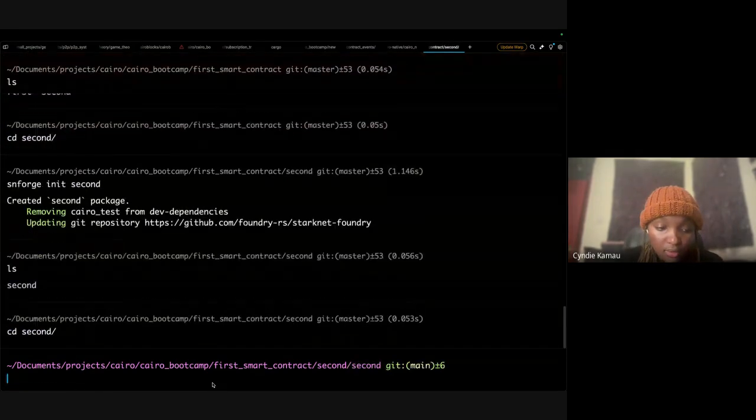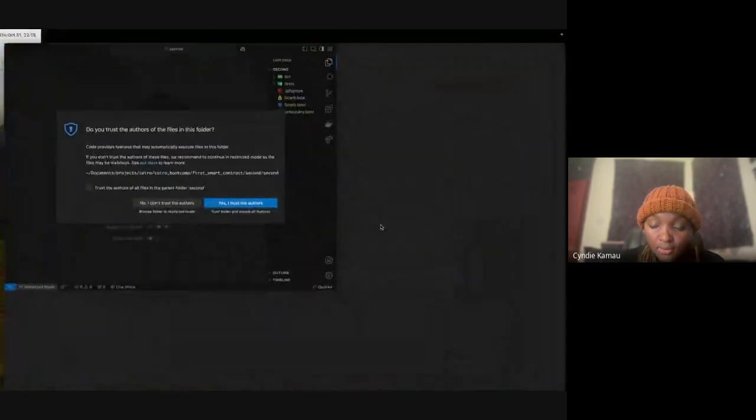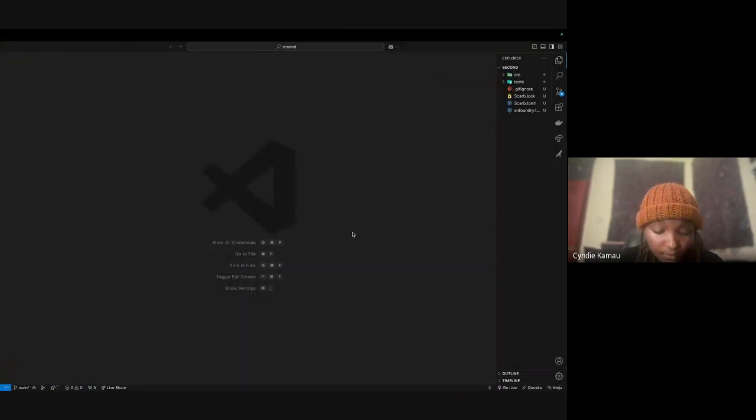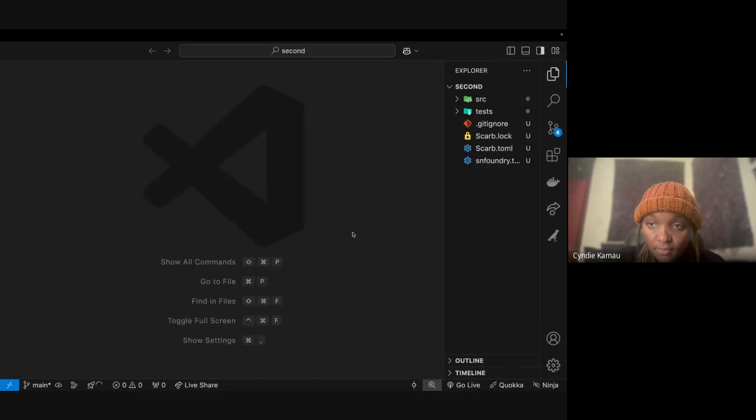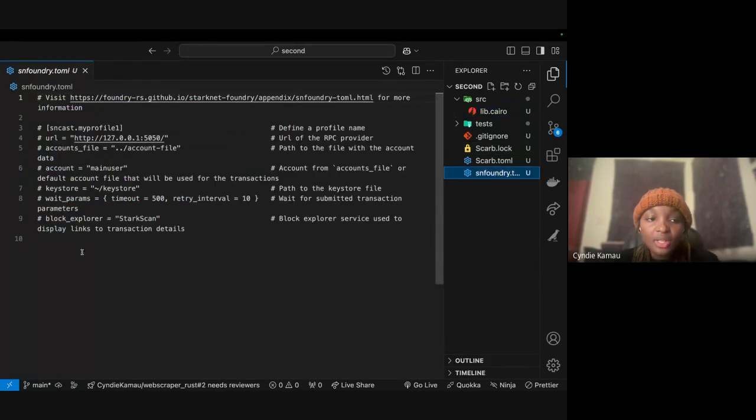So as you can see, it's still the same thing. I just wanted you guys to see it's coming with a configuration file, which as I said, we're going to learn deeply about next week.